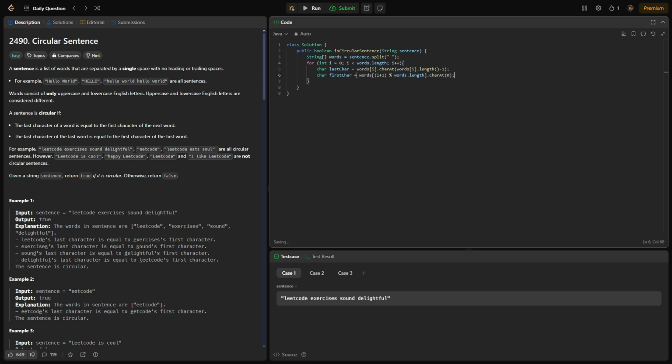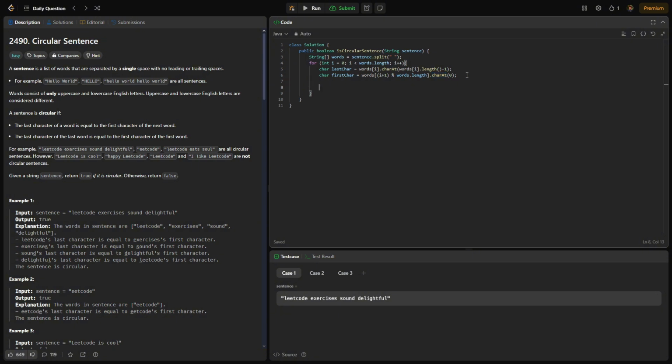So how does this work? We're looking at words[i + 1], so whatever the next word is to our current index. But then we're going to modulus by words.length, which is simply going to say, hey, if I went over, if we have 4 words and i + 1 is 5, we're going to divide by 4. So it's going to have a remainder of 1, and that's what the modulus takes. So it's going to be back to the first word in words, and it's going to get its first character,